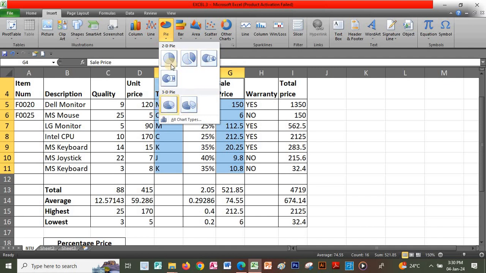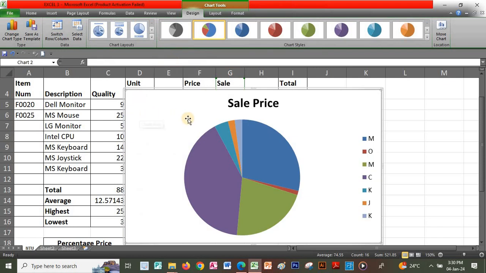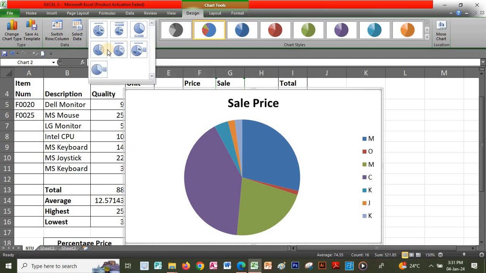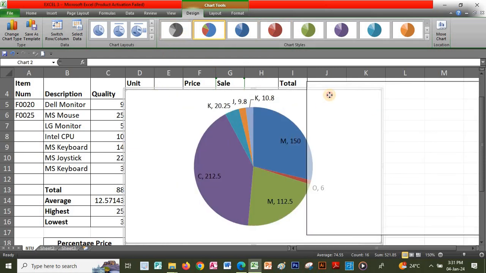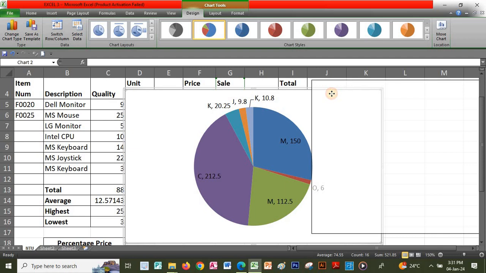We have different pie charts, so you can choose any of your choice. I'll just pick the first one. After I apply the pie chart, I'll change the chart layout. So I click this arrow here under the chart layout, and this is the best layout to use when using the pie chart. It shows us that the hem has the value which is 150, the K which is 10.8 and so forth. So when you choose that particular chart layout, it will give us the exact values for each